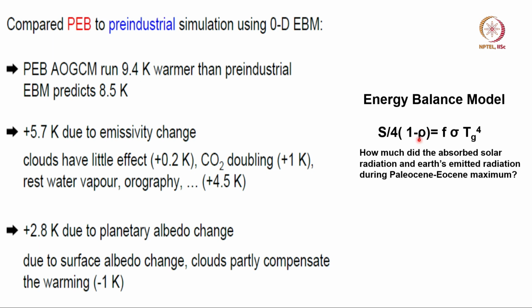We are able to understand a little better the complex changes that took place, in terms of changes in energy absorbed from the sun and changes in energy going to space. So clouds affected the albedo and so did ice, and the amount of water vapor and carbon dioxide changed in the past, and that also changed the effective emissivity.